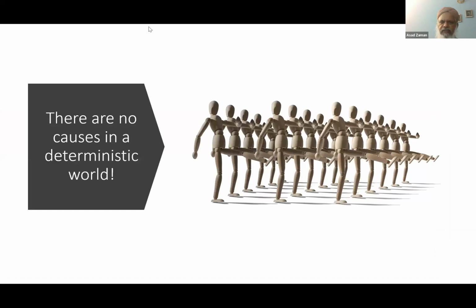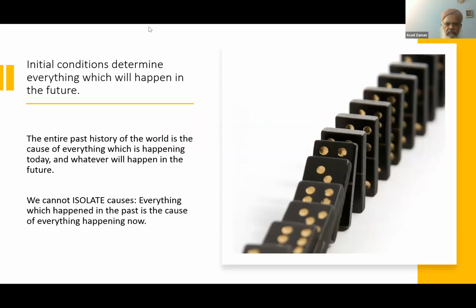That's because philosophers are committed to this deterministic world. If you have a deterministic world, then everything was determined when the universe was born. After that, there is no free choice. In that case, there is no cause, because everything that happens was already caused from t equals 0. So the initial conditions determine everything that will happen, and basically everything in the past determines everything together in the future, and there is no individual cause, that I will pick something and that my choice will make a